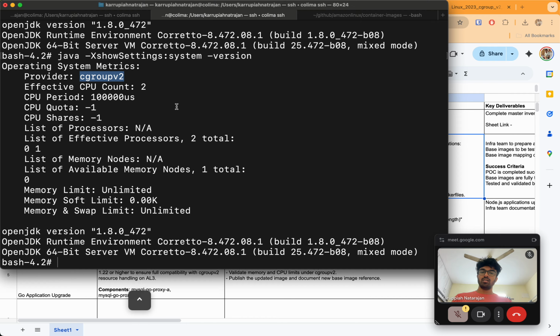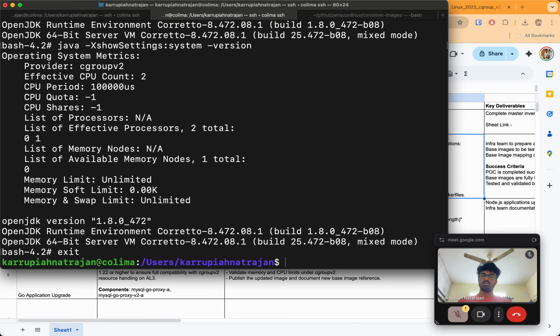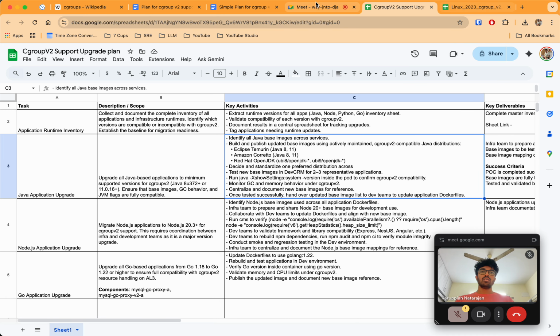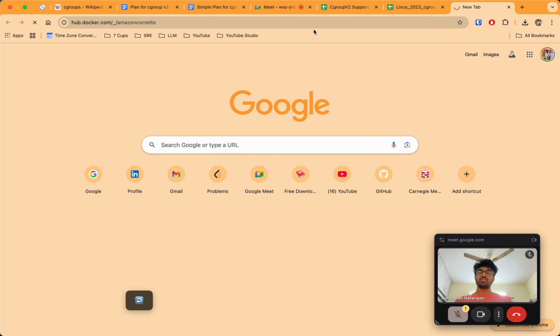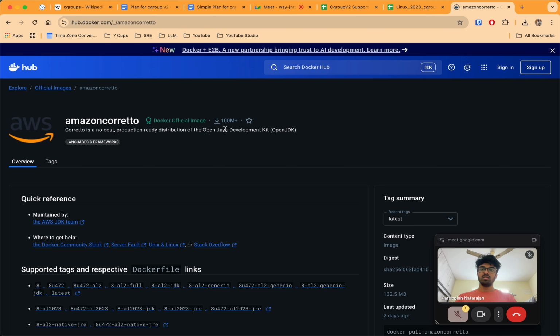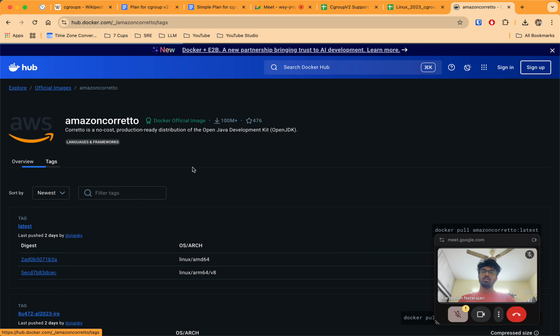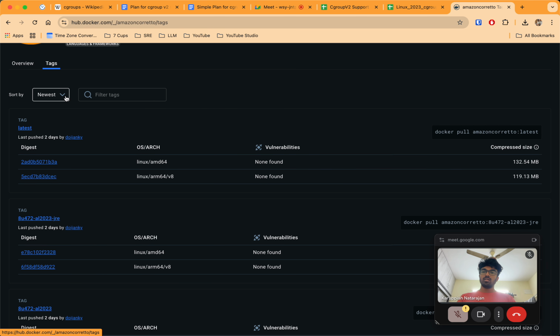And if you get a lower Java version, will it work? Let me try that out with Amazon Corretto.